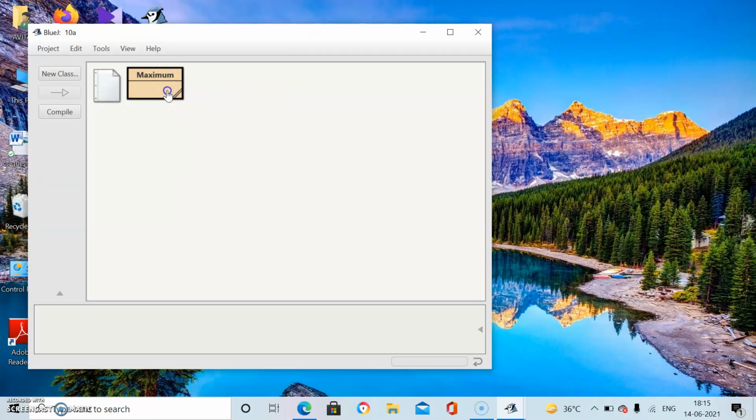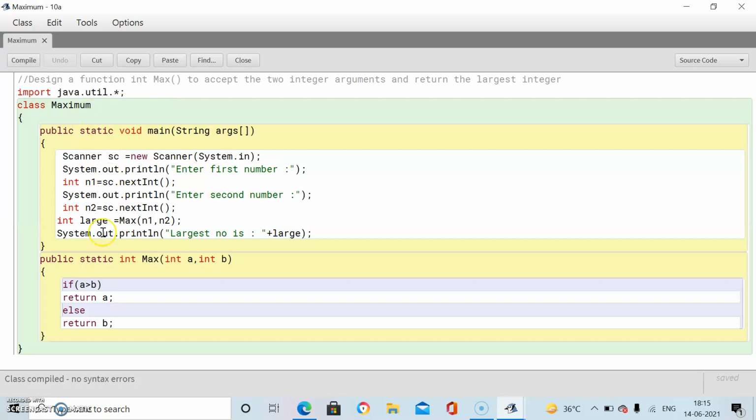I want to explain something for you. See this program. I need to explain a few more things through this program. This is the program in which we have created 2 functions, so you can see the working of functions, as well as the call by value method. One function is calling another function. Main is calling max through a function call statement. This one is the function call statement.